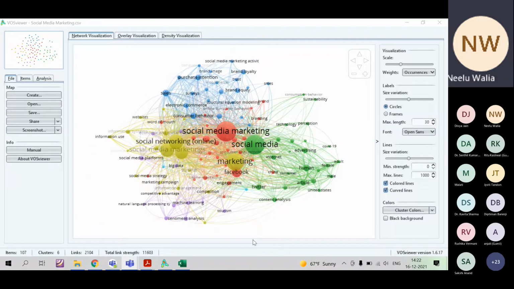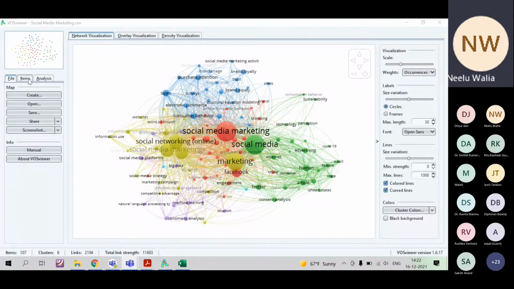You don't have to go and conduct exploratory factor analysis. From this you can get it, and from the papers, for each of the variables, if you want to establish a relation, a minimum of 8 to 10 papers has to be there. Then only a good relationship can be established, and you can write a better literature review.